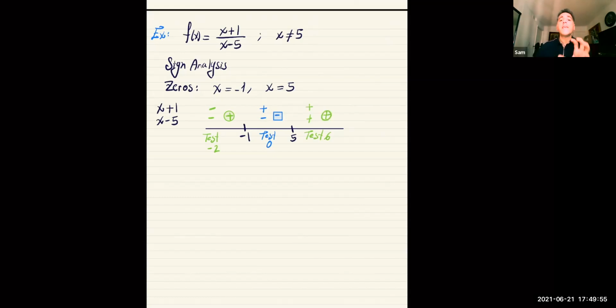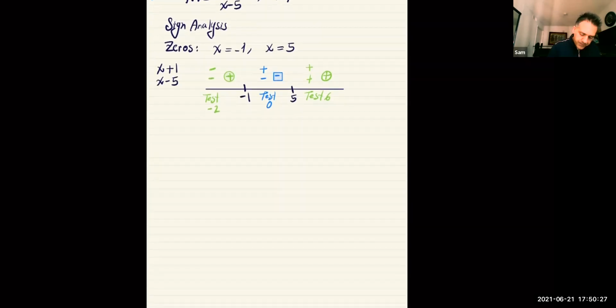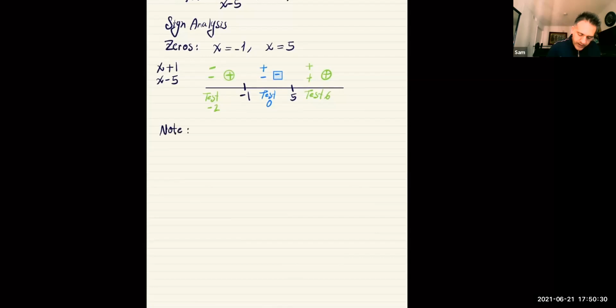Okay? The signs here tell you, and you can use multiplicities. If you have a shortcut for doing a sign analysis, use it. These signs tell you which infinity the function is going to go to, positive infinity or negative infinity. Whenever the denominator of a rational function is 0, the function has a vertical asymptote. So this is the location for a vertical asymptote. So note that f of x has a vertical asymptote